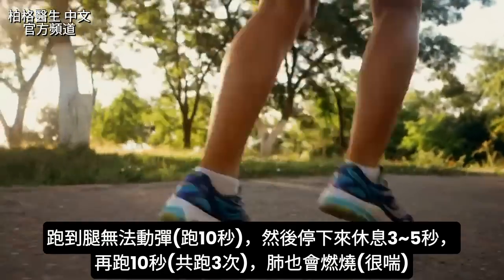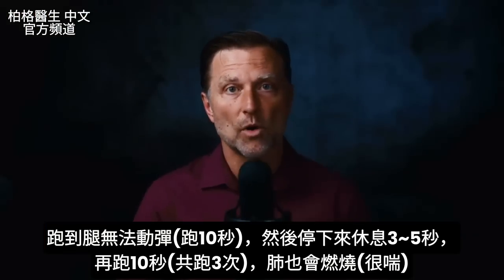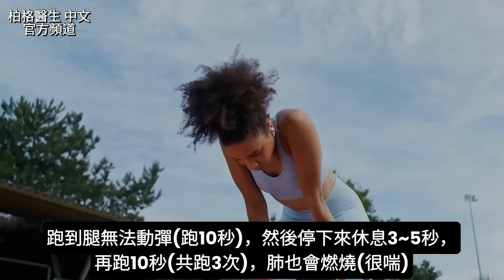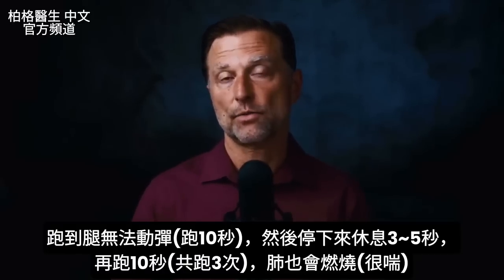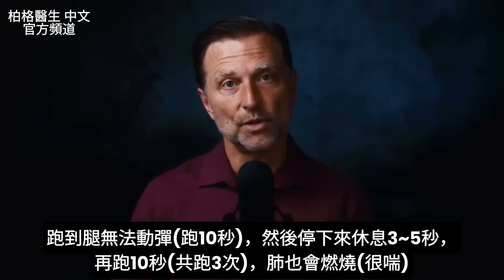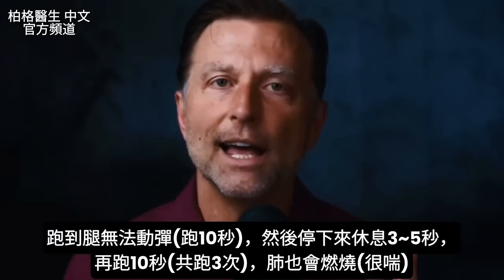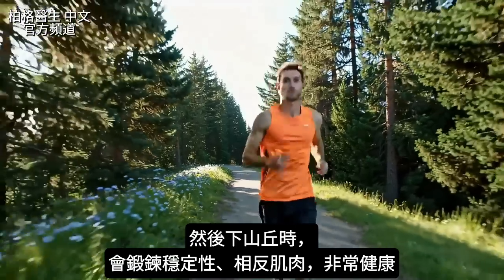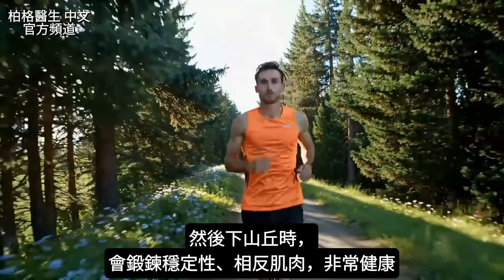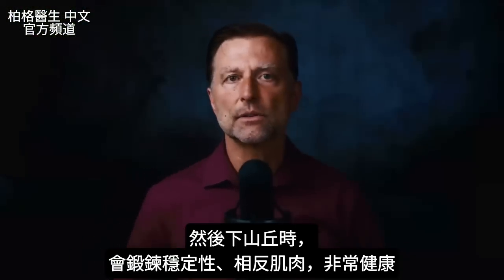So you run up as far as you can until your legs don't move anymore. And then you stop and you rest. And of course, yes, your lungs are going to be burning, but you might want to rest for 3, 4, 5 minutes before you do the next 10 seconds. And you just do that 3 times. And you come down the hill, which adds a whole other dynamic of stability, stimulating the opposite muscles, which is